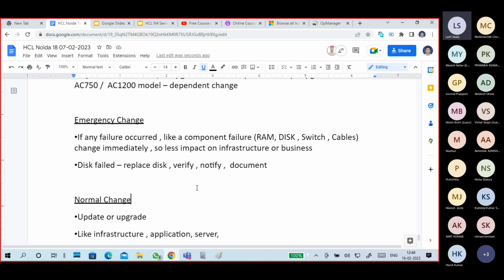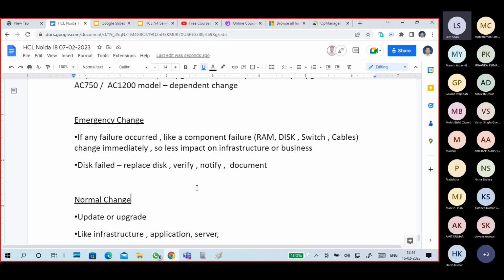We go and see where the issue occurred, and replace it if required. Maybe the storage device is down, so you put in a new storage disk, or you replace the cable. So you make changes without going through the complete process, but you compulsorily have to check the compatibilities,